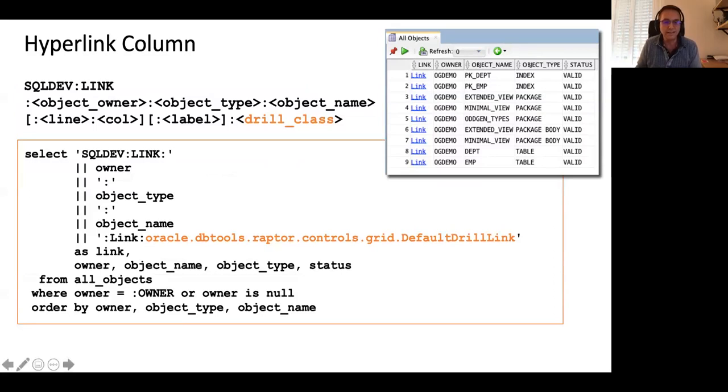You really create a single column, and this single column has a certain structure. It has to start with SQL Dev column link column. And as soon as SQL Developer detects that during retrieving the result rows, it will create such a link. You also have the option to define owner, object type, and name, but additionally, you also may define a line and a column. So it's possible to query something, and when you have errors or something like that, you may position, open an editor, a PL SQL editor, and jump to the right line, to the right column, and open